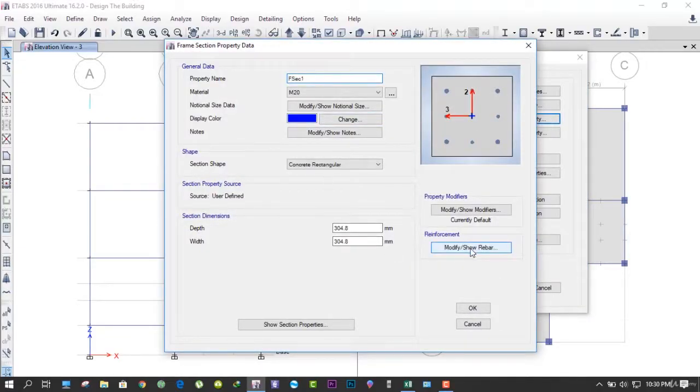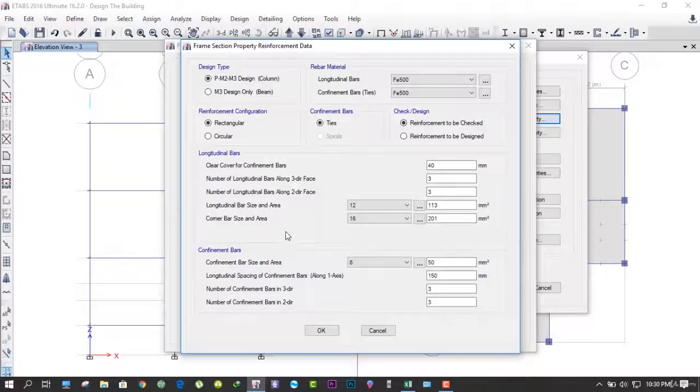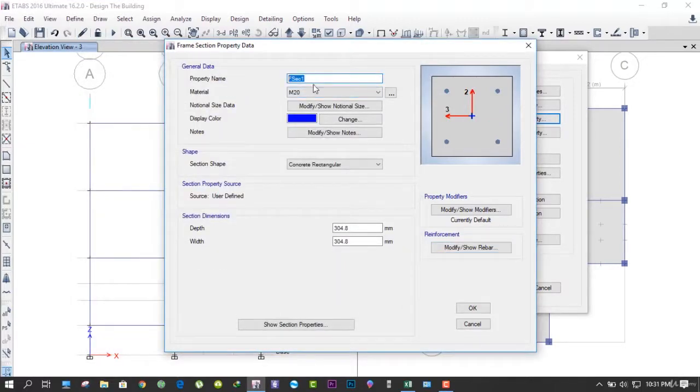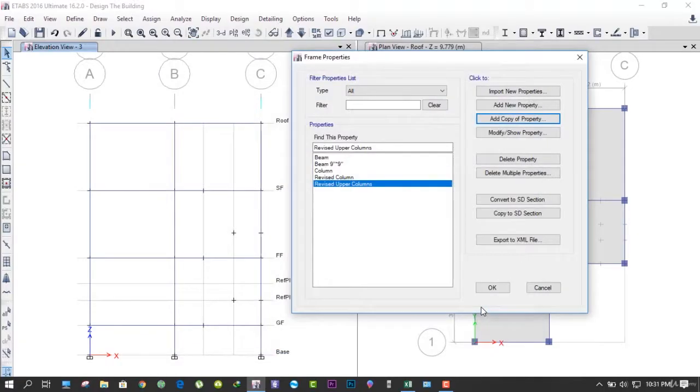Alright, so click on modify so rebar. In this section we will not be placing any mid 12 mm bars, right? So we'll only keep the corner 16 mm bars. So what we do, we click on this drop down menu and click on user. That will give us the number of bars as 0, and we click on OK. So let's change this name, so we'll call them revised upper columns, and we click on OK,